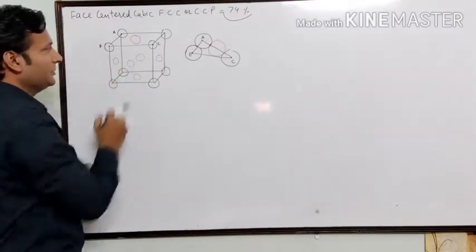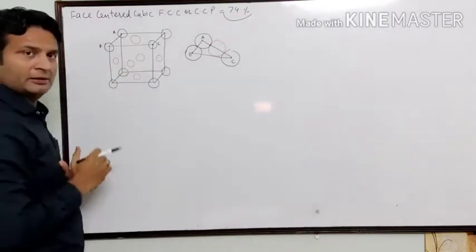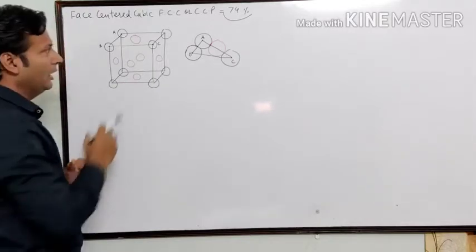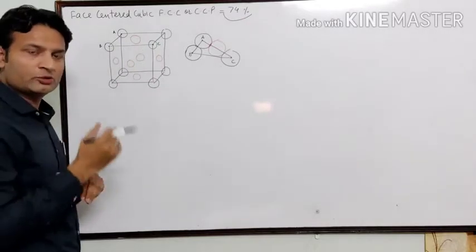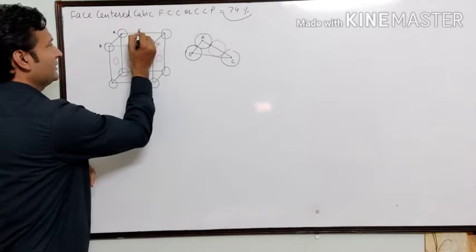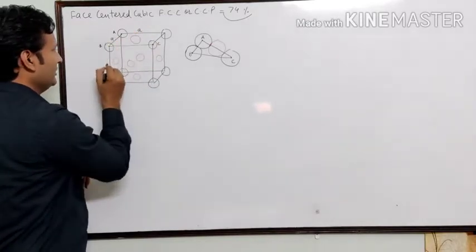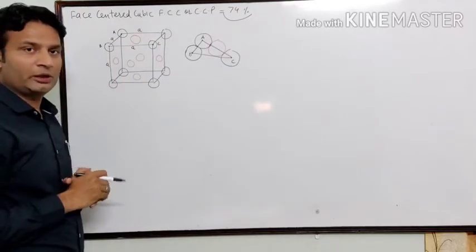मैंने face के particles को लाल कलर से, रेड कलर से दिखाया है. It means इस क्यूबिक स्ट्रक्चर के अंदर आप लोगों को कॉर्नर के साथ साथ फेस को भी इंक्लूड करना पड़ेगा. It means at least you have to include one particle which is present at the face. Again, this is edge length A, this is edge length A, क्योंकि मैंने अभी आपको बताया कि क्यूबिक स्ट्रक्चर के अंदर जो एज लेंथ है वो इक्वल होती है.